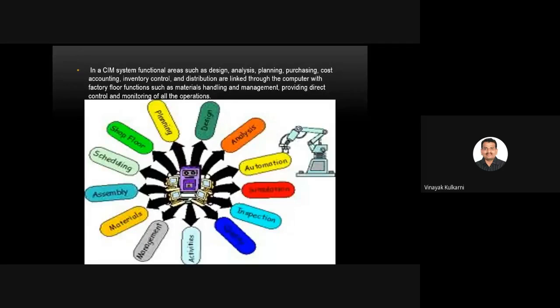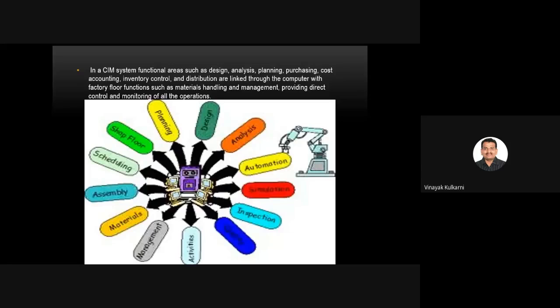In a CIM system, functional areas such as design, analysis, planning, purchasing, cost accounting, inventory control, and distribution are linked through the computer with factory floor functions such as material handling and management, providing direct control and monitoring of all the operations. Without the integration of computers, initially there was all the paperwork.